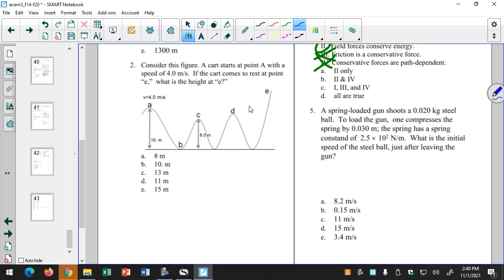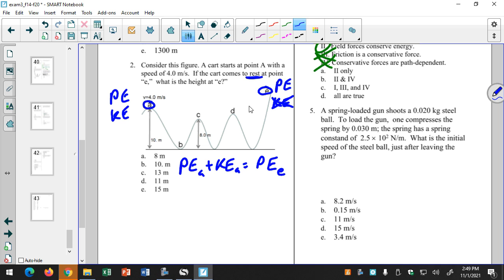Because in this one, we're looking at A and E, and I'm told that at point E it comes to rest. And since it comes to rest, that tells you that I have potential energy, but my kinetic energy is 0. I have no kinetic energy there. Over here, I have a height, so I have potential energy, and I have a speed, so I have kinetic energy. So it's PE_A plus KE_A is equal to PE_E,